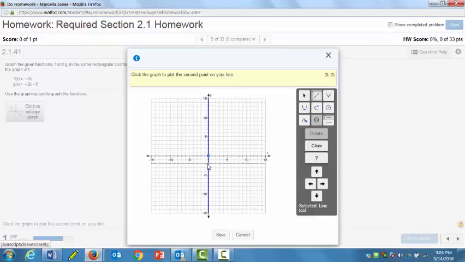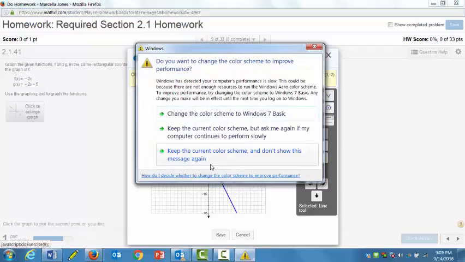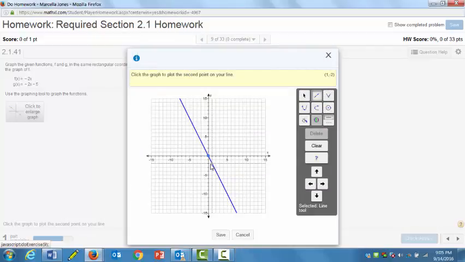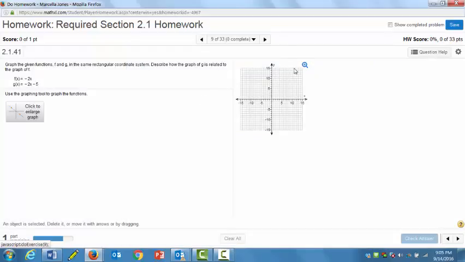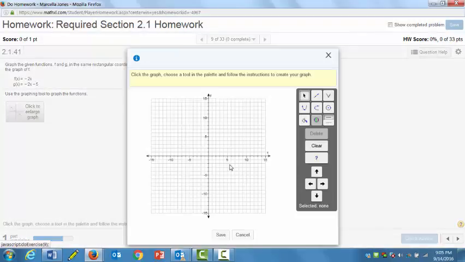So the numerator was negative 2, and the denominator is a positive 1. The denominator of the slope tells me whether to move right or left. Since the denominator is a positive 1, I'm going to move 1 unit right. And so that gives me my second point on the line. So, oops, my finger slipped. All right, pick the line tool,